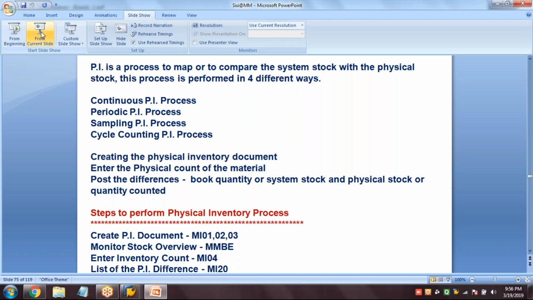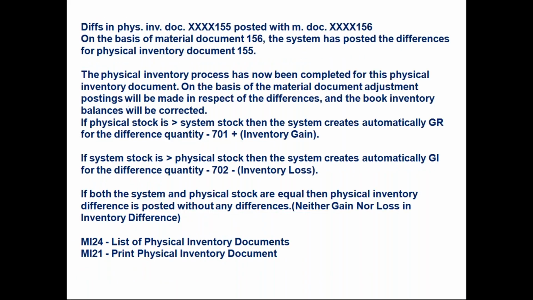Okay, this is very important in the interview. So what happens if physical stock is more? What happens if system stock is more? What happens when both are equal? That is important. So if physical stock is more than the system stock, system creates GR for the difference quantity. Movement type 701 plus, gain in inventory. If system stock is more than the physical stock, then the system creates GI for the difference quantity, 702 minus, inventory loss. If both system stock and physical stock are equal, then physical inventory document is posted without any differences,